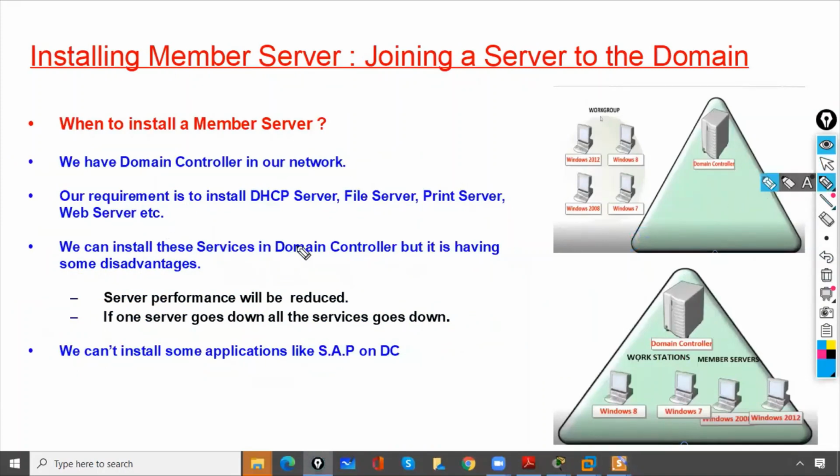Now guys, let us see when to install a member server. We have seen that a machine with Windows Server operating system installed is called a member server. But what is the use? When to install this member server? So we have a domain controller in our network. So this is a domain controller, and the IP address of this domain controller is 10.0.0.1,